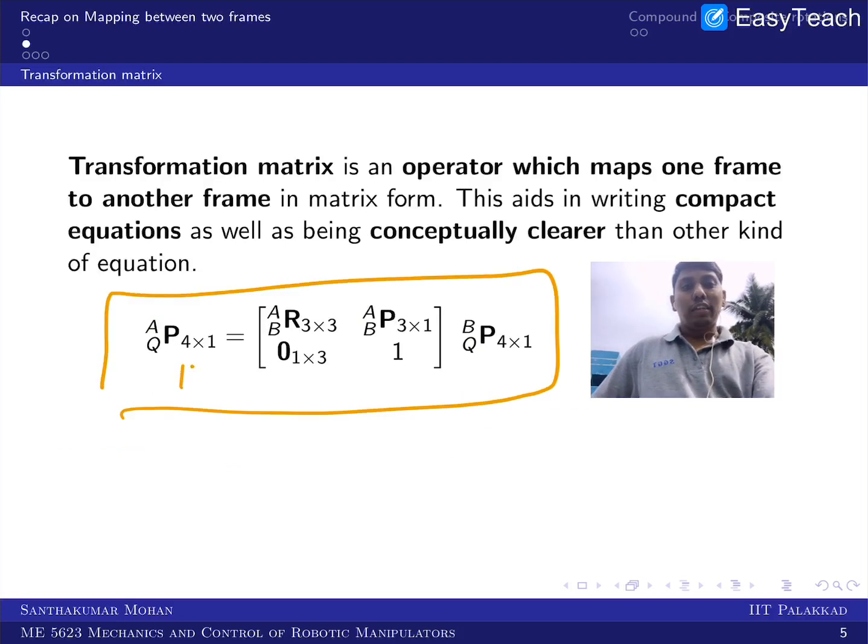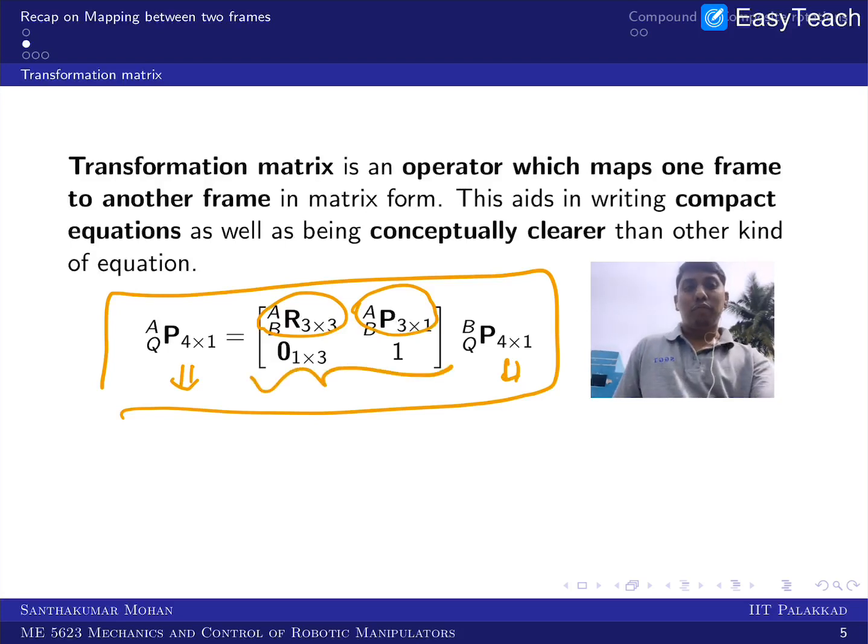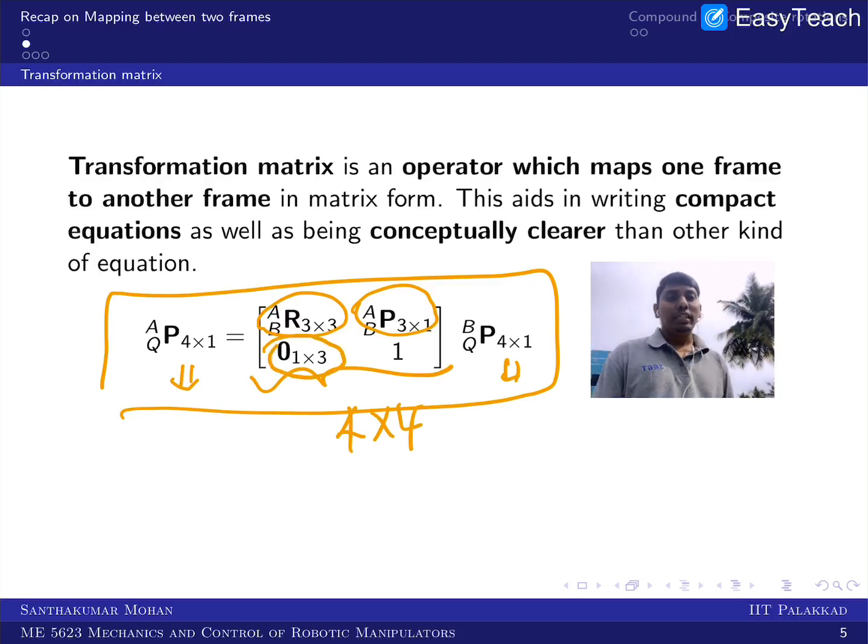So I am adding the dimension everywhere, you can see. Now the positional information I am not changing, and the rotational information I am not changing. What I am changing is whatever I want as external, for example the position of Q, where I am bringing in one additional dimension. So instead of a position vector of 3 cross 1, I am having 4 cross 1, in the sense I am adding 1 at the end. Now you can see that this is one compact form which is 4 cross 4. For that I am adding a 0 row as well as a 1 scalar.